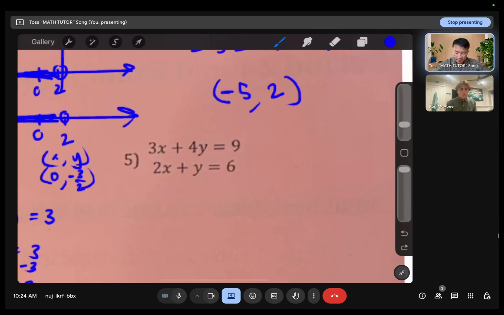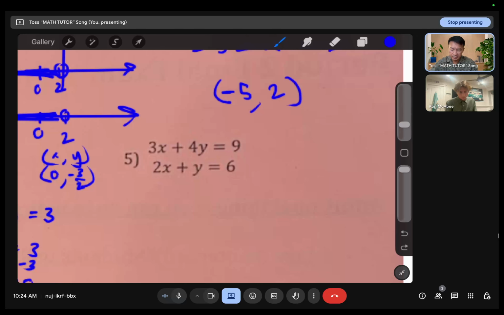Okay, so this one, here we go. We're going to do elimination. I think you might remember. The best number to do is negative 4. So multiply the second equation by negative 4. So here we go. It would turn this into,